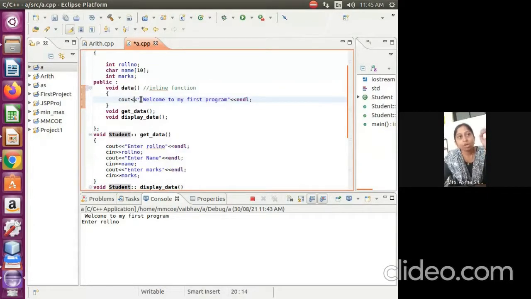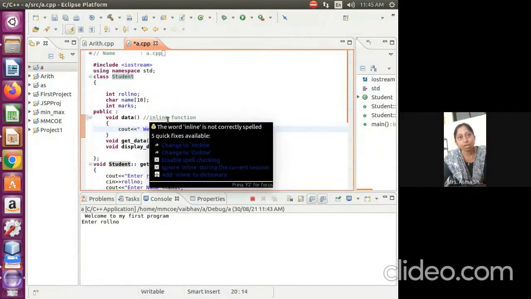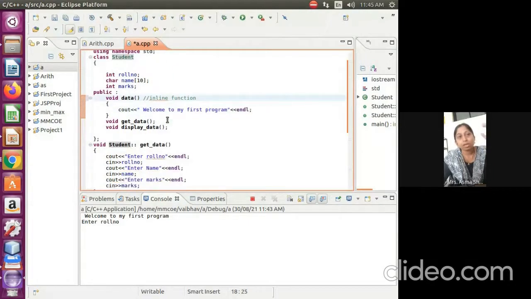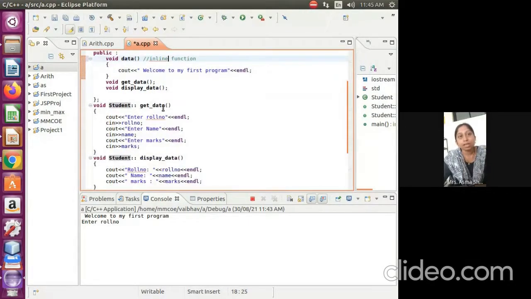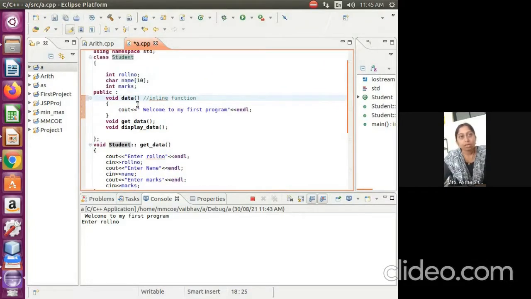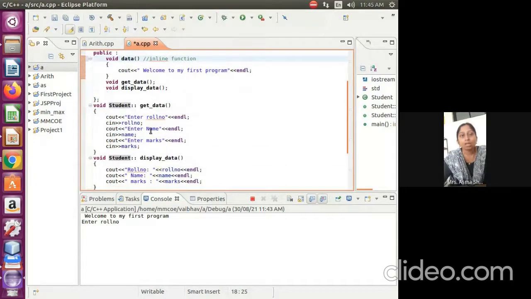So always remember, short functions we can write as inline functions, and whenever the size of the function is large, we write it outside the class.